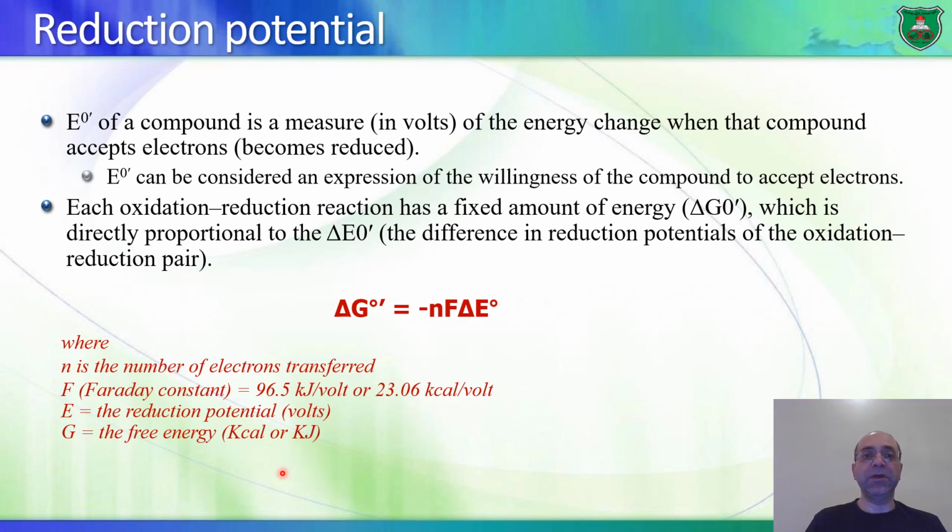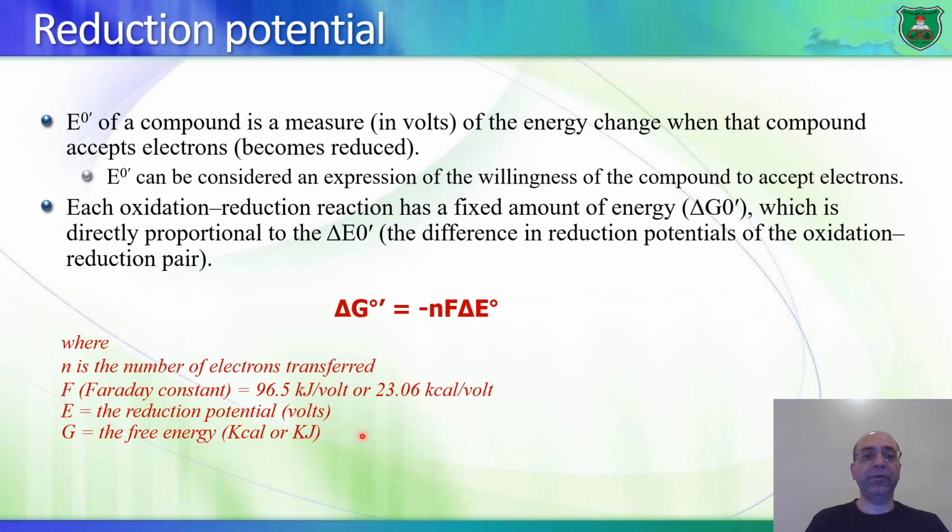And the relationship between the two is the following: delta G naught prime is equal to minus N times F times the change in the reduction potential of that reaction. Now, N is the number of electrons that are transferred. F is a constant, Faraday constant, that equals 96.5 kilojoules per volt, or